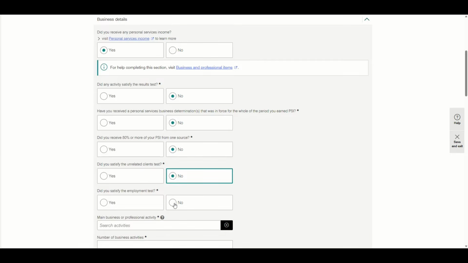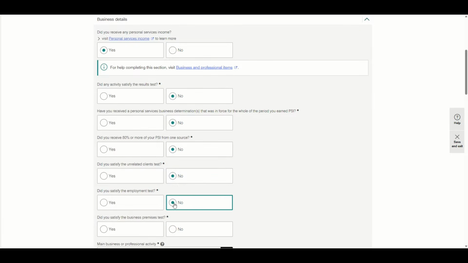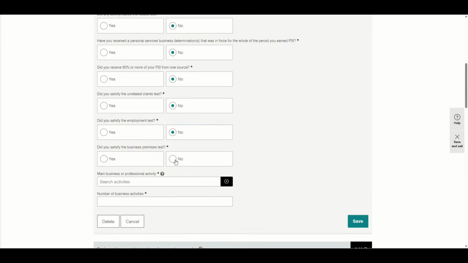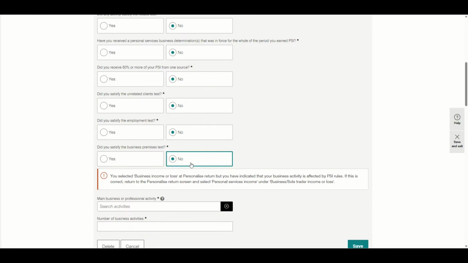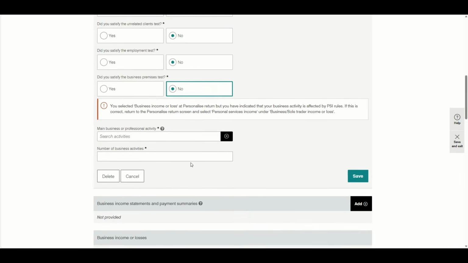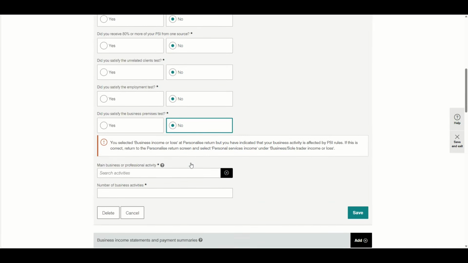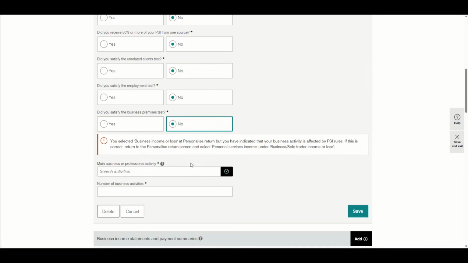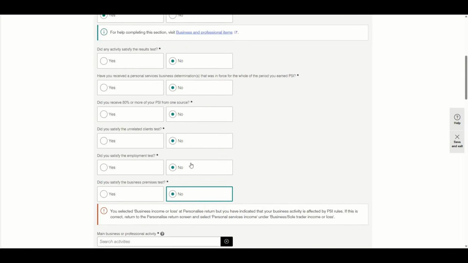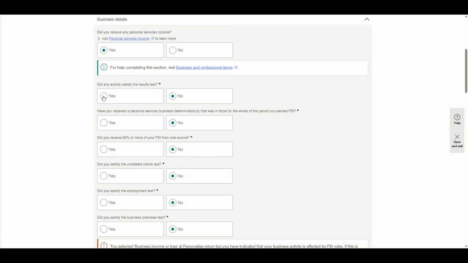and employment test. If you did not pass the PSI rules, then the schedule will require you to answer further questions and may also restrict what tax deductions, tax losses, or tax offsets you can claim in the tax return form. If you still manage to claim something incorrectly, the ATO could also ask further questions after you lodge your tax return and before they issue any tax refunds. Since I did pass the results test, I don't need to answer any of those questions, and I will proceed